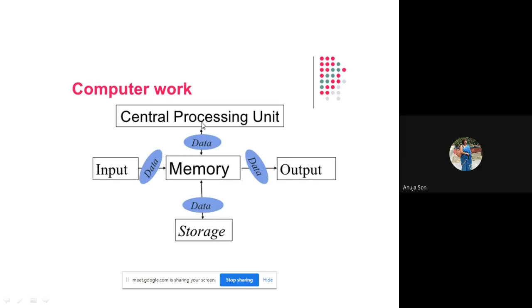You have the central processing unit, which is called the CPU. This is called the brain of the computer, meaning whichever kind of processing is being done will be done entirely by the CPU. Initially, with the help of the input devices, some data will be inputted by the users. That data again will go to the processing unit, but through the RAM, the main memory. In order to process the data, the RAM, the main memory, is always utilized.